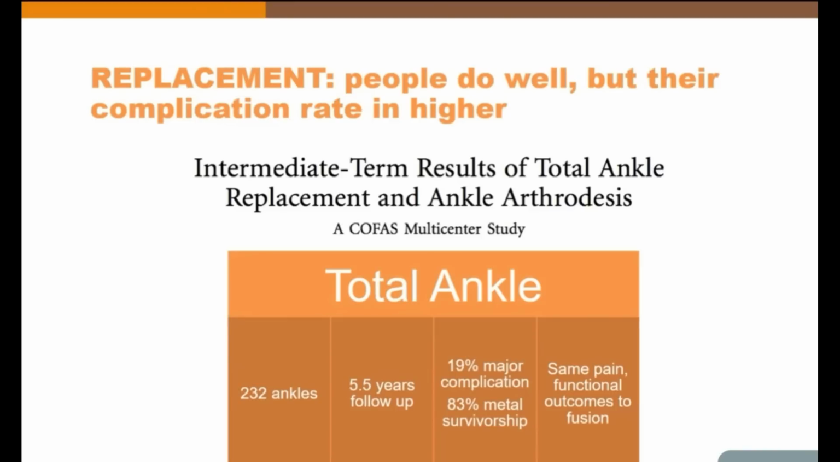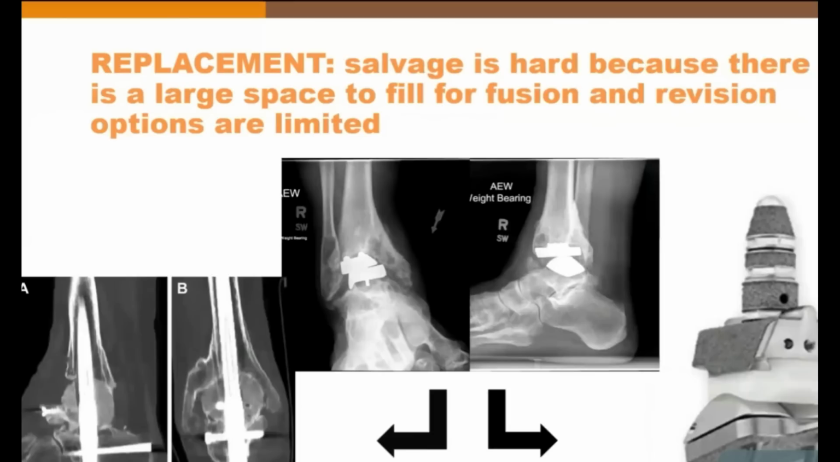And as we mentioned in the study here that looks at some of the intermediate term results, same pain and functional outcomes as fusion patients. It does beg the question, though, well, what happens if these wear out or fail or need to be replaced? Salvage is relatively harder than it is in other joints where we typically do arthroplasty, like hip or knee